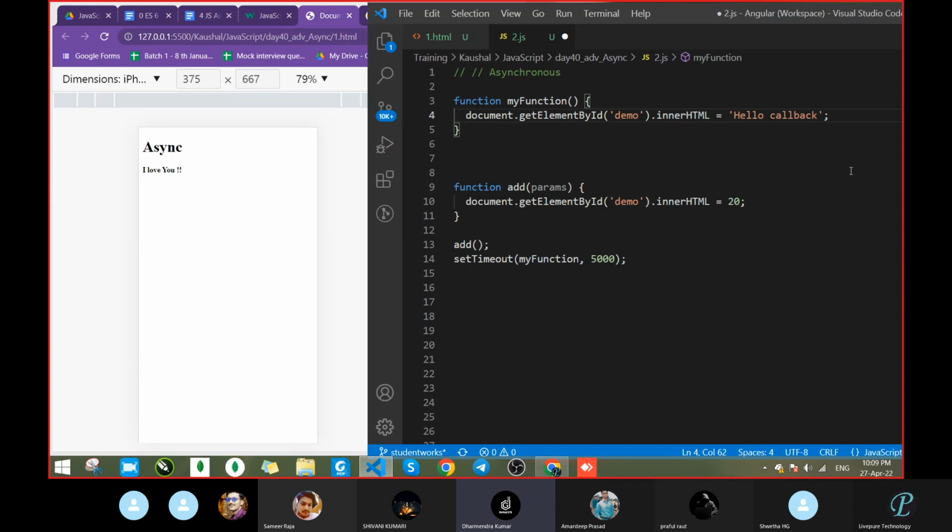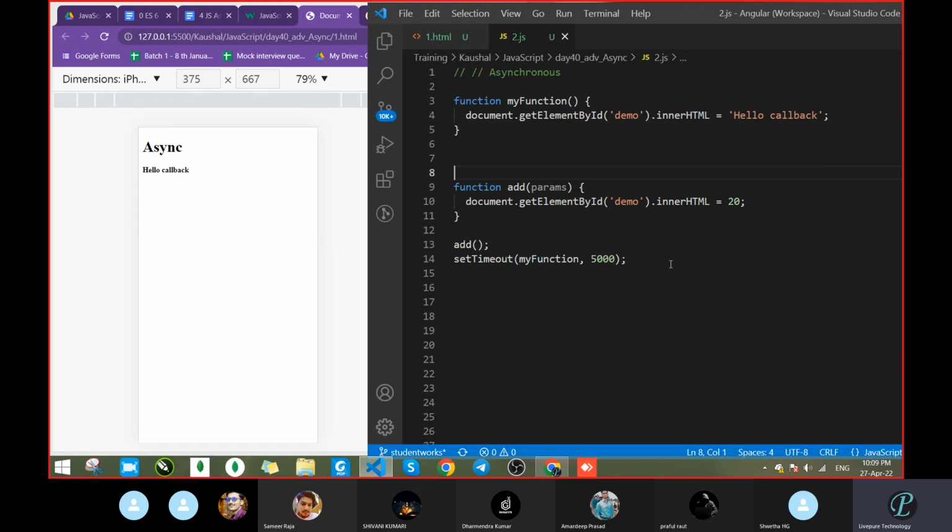Then after 5 milliseconds, it will print hello callback, whatever callback function we had written. Let's save and check that. We got 20. Just wait for a few seconds. We got hello callback. Got it? It was the opposite of what you thought.